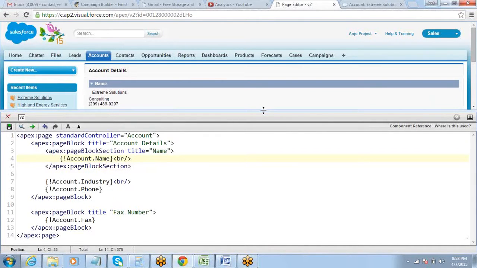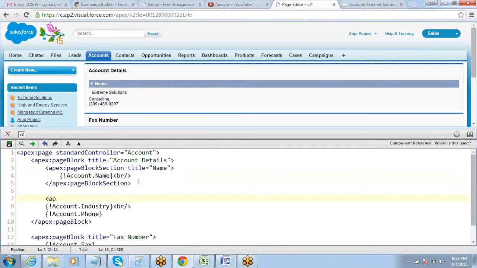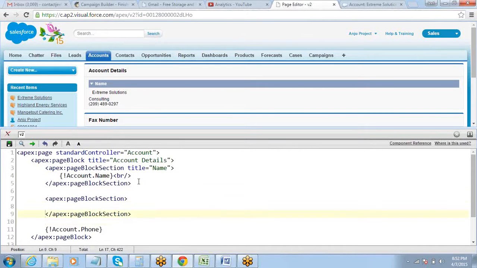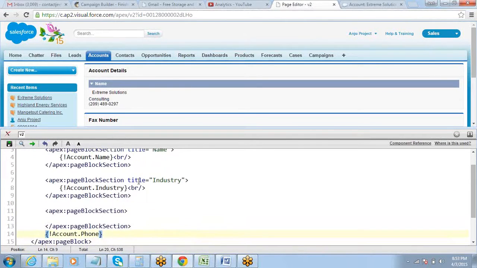See, inside the page block there is a section called name. Under that, name is there. All right. Same way I can create more page block sections. Apex page block section, title industry, apex page block section, title phone.